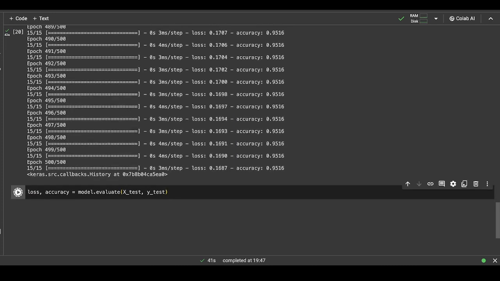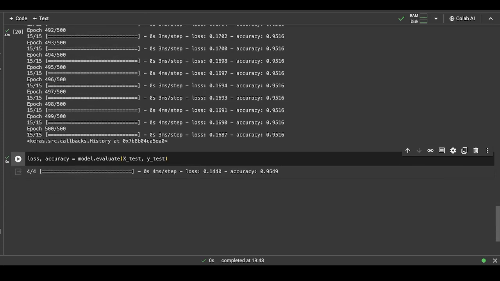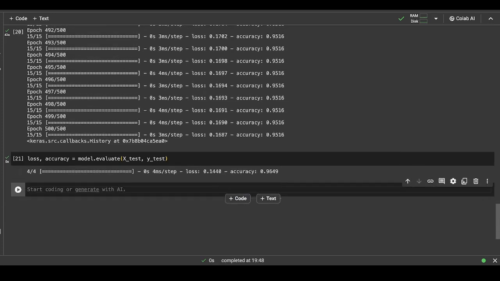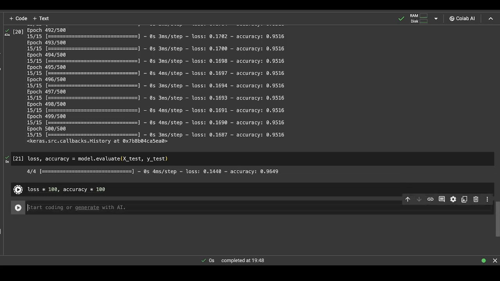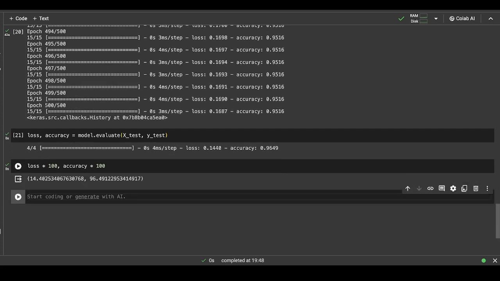Let us run this, and then we will print the loss and accuracy. So let us print the loss. We'll multiply it by 100 because we want the loss and accuracy in percent. So you can see the accuracy is around 96%, which is good. This accuracy here, which is 95%, was on the validation set, and this 96% accuracy is now on the testing set, which is a good accuracy.